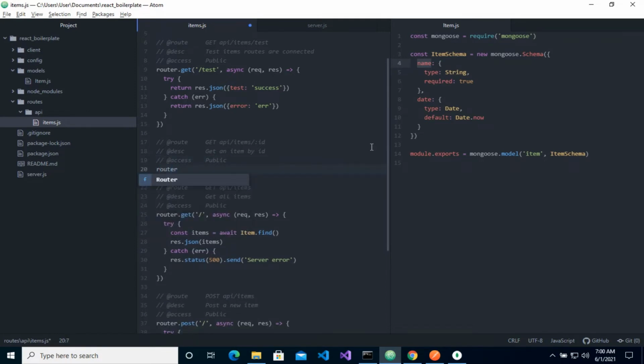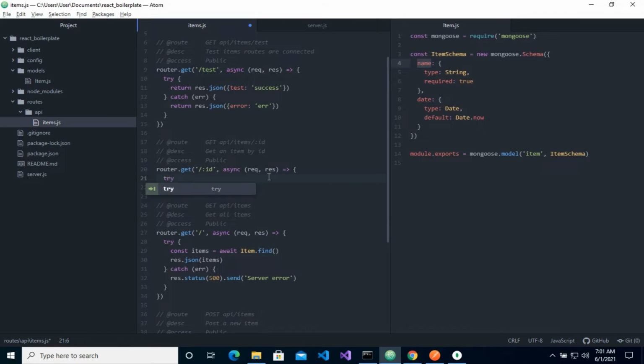Access our router, again a get request. Now here it'll be API items ID, so all we have to do is /:id, an asynchronous function, request results,